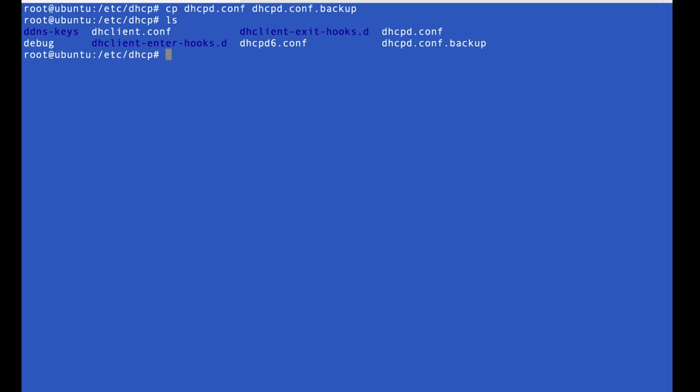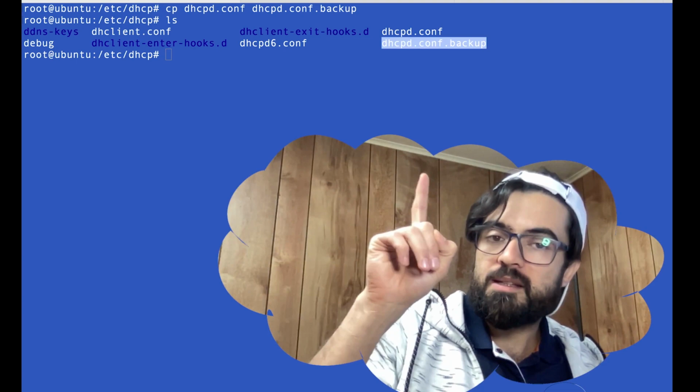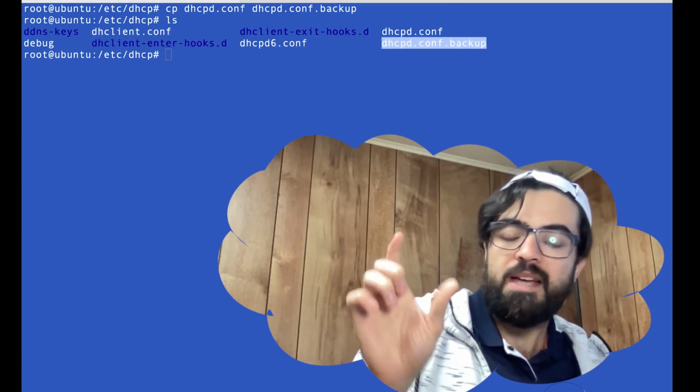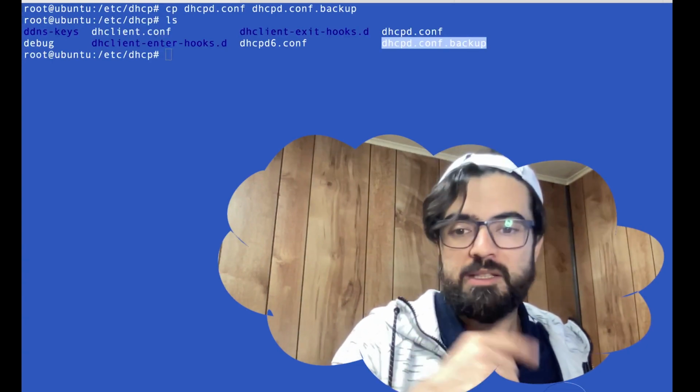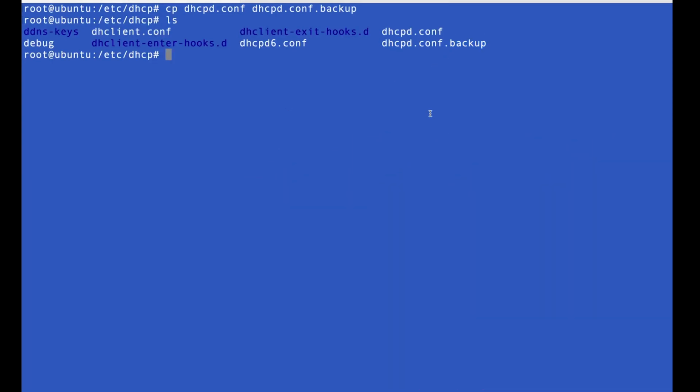So if I do ls again, we'll see we have our backup file. Whatever manipulation or tweak we do will just be on the conf file. And if you make a mistake, it doesn't matter. We just replace it with our backup file. So here, I'm going to vim the